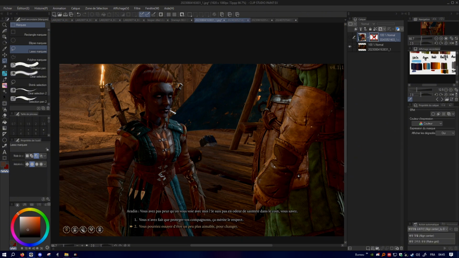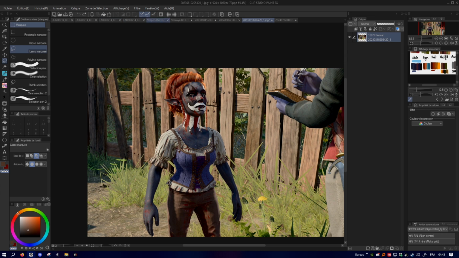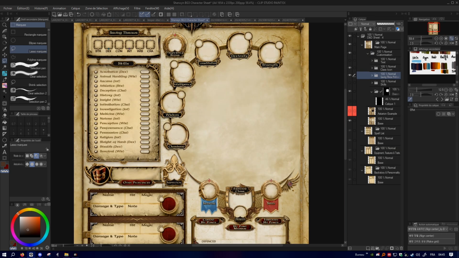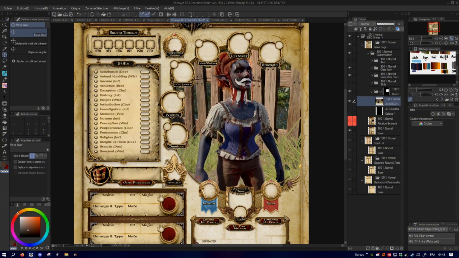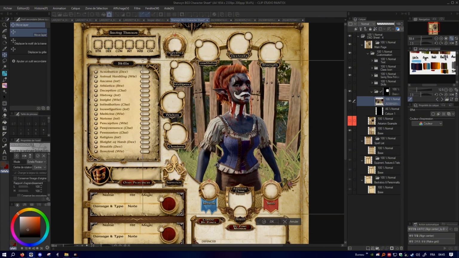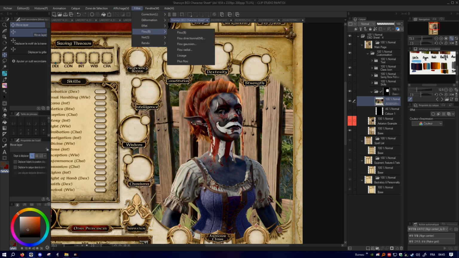Let's start with the illustration. First, you want to pick a cool picture of your Tav at the level you want. My first version was Vesper at level 12 to have fun with post-game possibilities, but here I'm gonna make a level 1 sheet, for example. For the quick test, I used a silly picture of Sherwin just to show you how I use CSP filters.